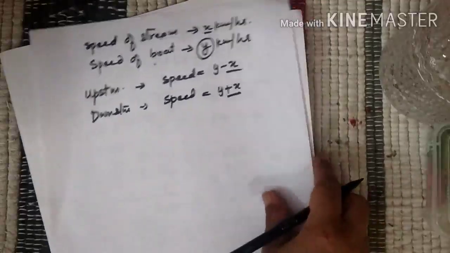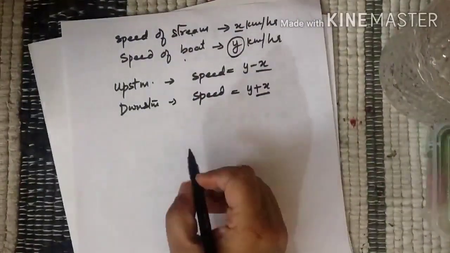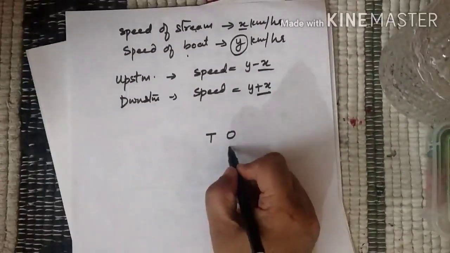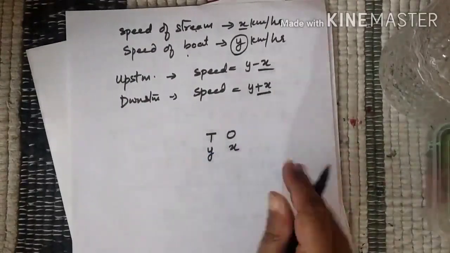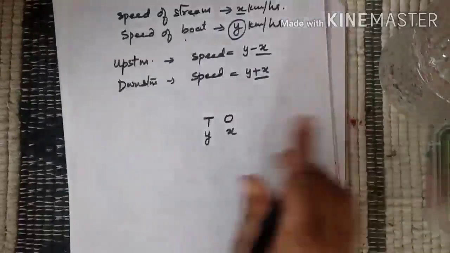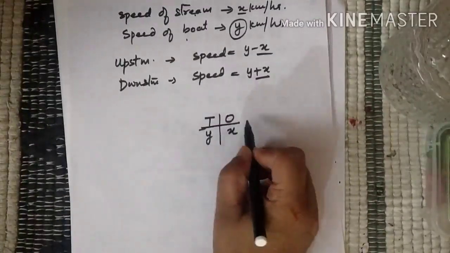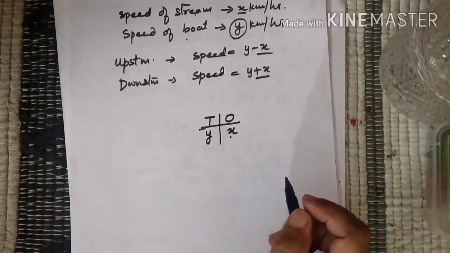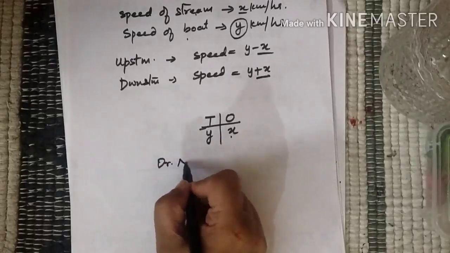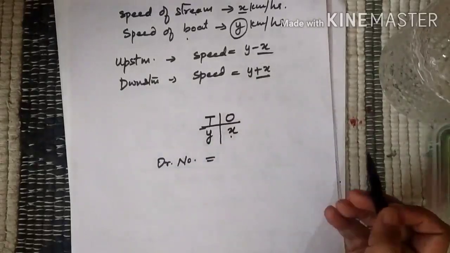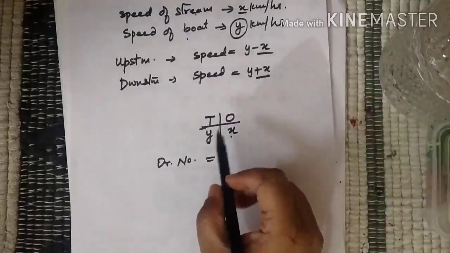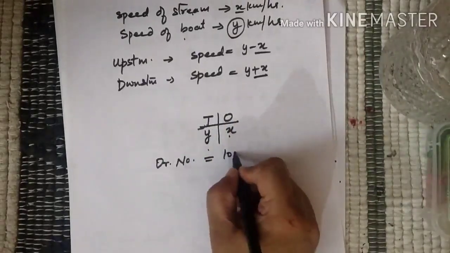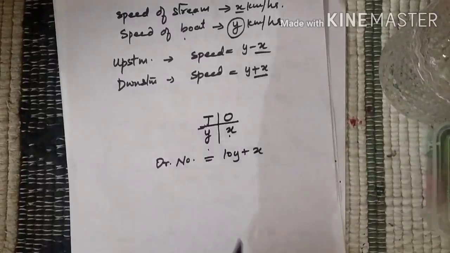Another important concept is two-digit number. Always remember, in case of a two-digit number, let's take the units digit as x and the tens digit as y. If you always write the number like this, you will not do it wrong. Ones place digit is x and the digit at tens place be y. So what is your original number? We write the number in the expanded form: place value into the digit plus place value into the digit. So 10 into y plus x. This is the original number.